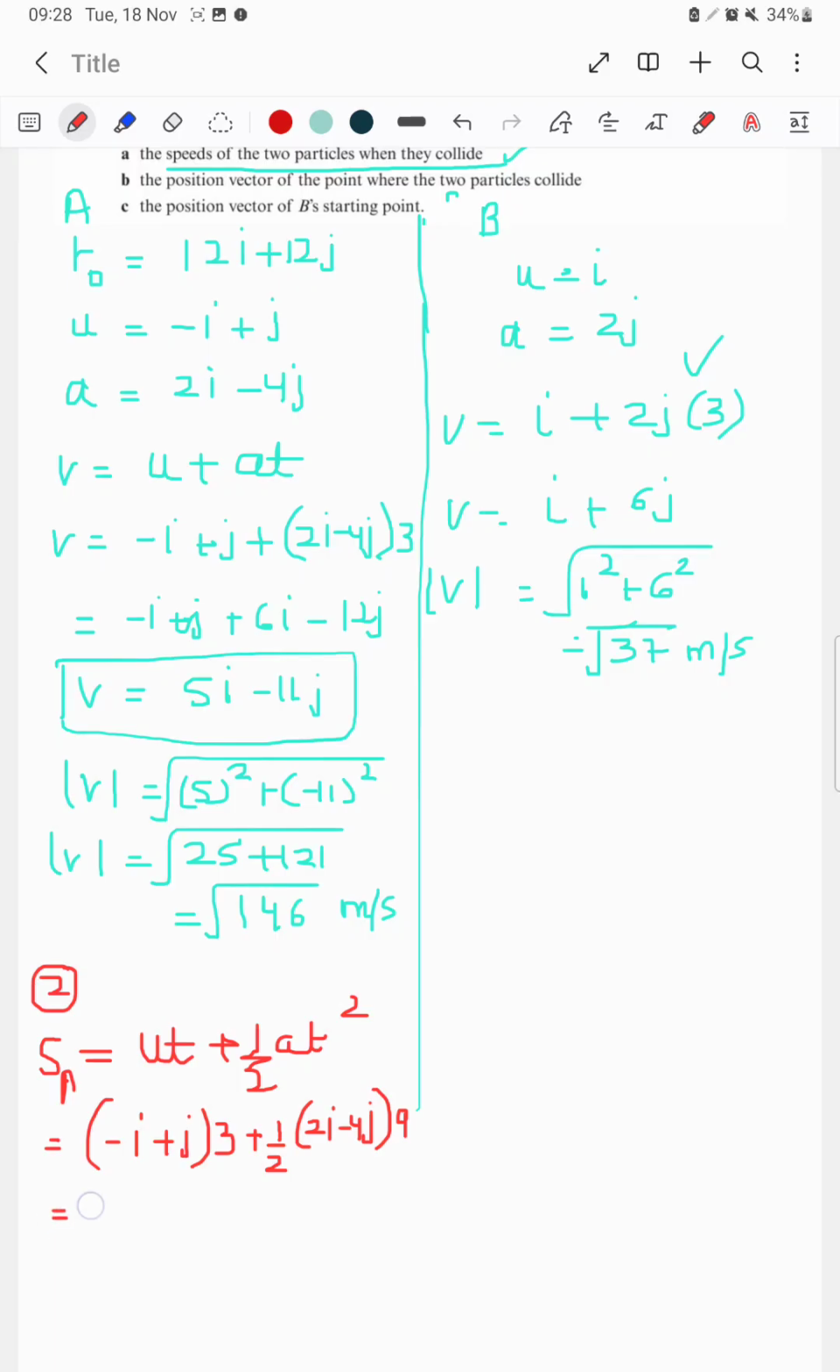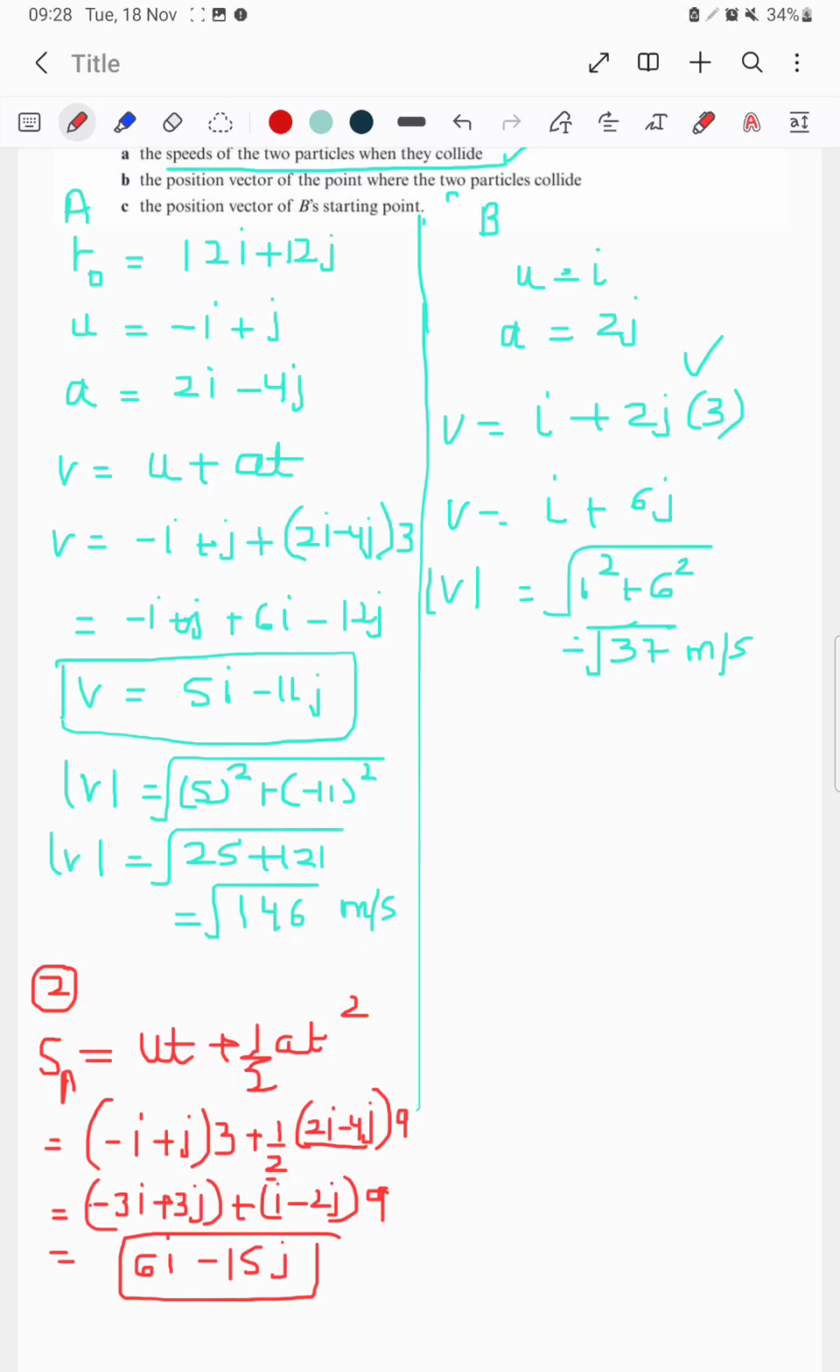When you simplify it, it will be minus 3I plus 3j, plus, I will divide this whole thing by 2, which is I minus 2j, times 9. So when I solve this whole thing, it will be 6I minus 15j. So this will be the displacement of the particle